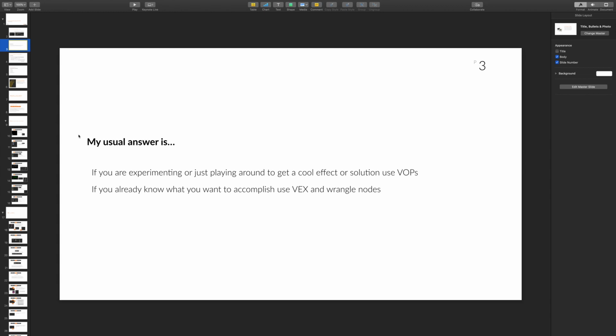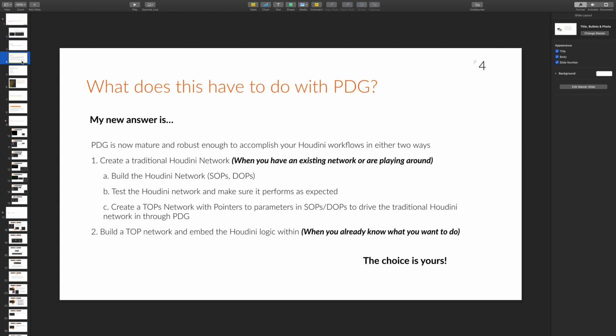But if you really know what you want to accomplish, if you know the equations, then go to Wrangle nodes because Wrangle nodes is much easier to read. The equations are concise in one line, and it's not reverse Polish like VOPs is. So what does that have to do with PDG? Well, actually nothing, but